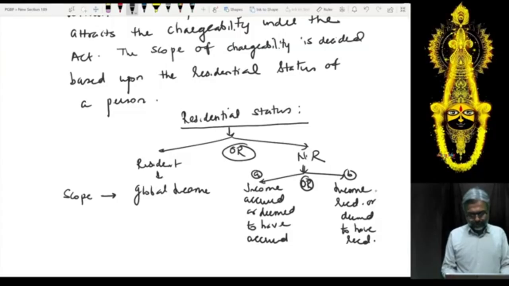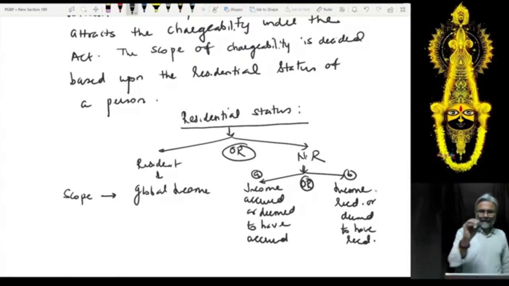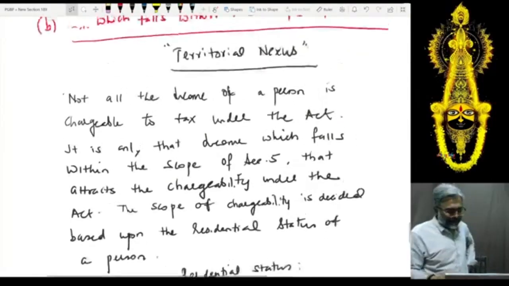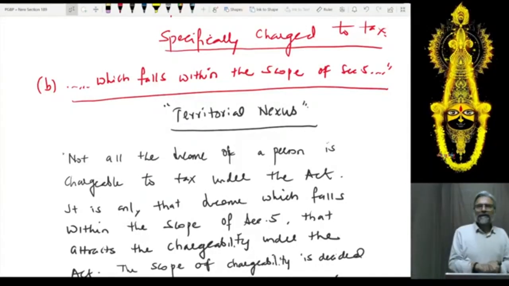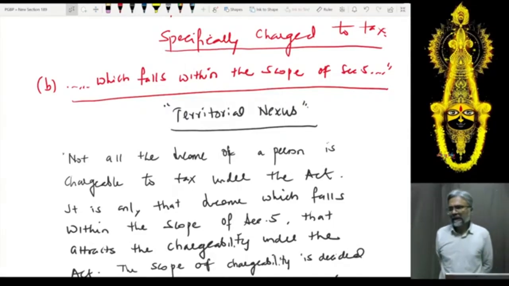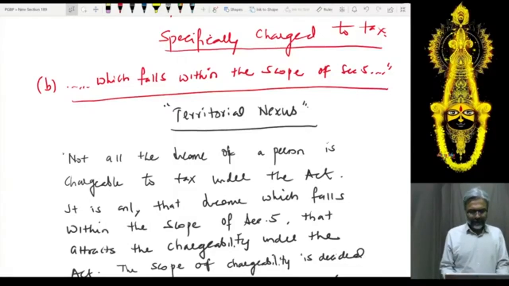So, students, in this particular context, I'll just dictate on that territorial nexus part so that at least the things are there in order. I'll dictate it, students, you write it down. Give the next line, right? The concept of territorial nexus. Underline this and in that write, for the purpose of chargeability under the Act,